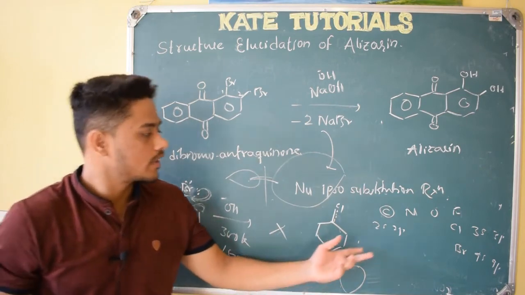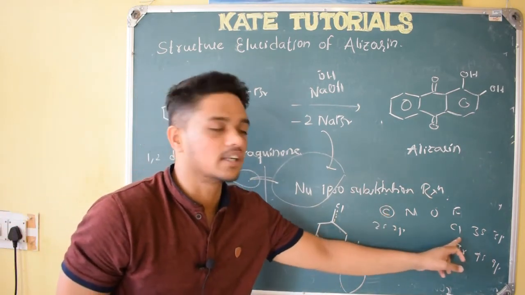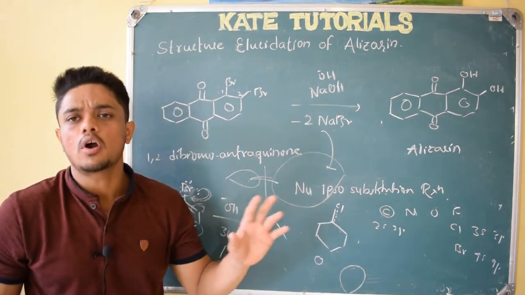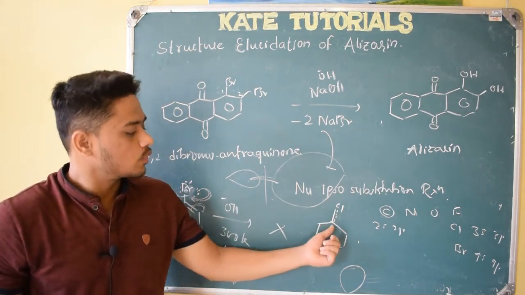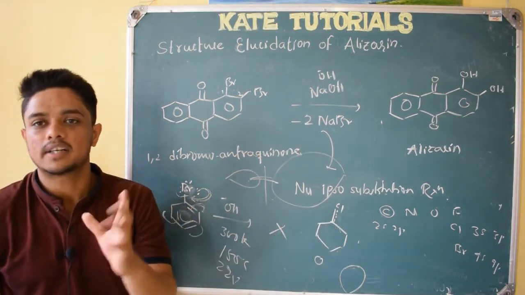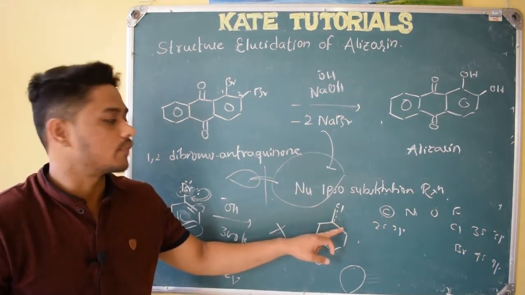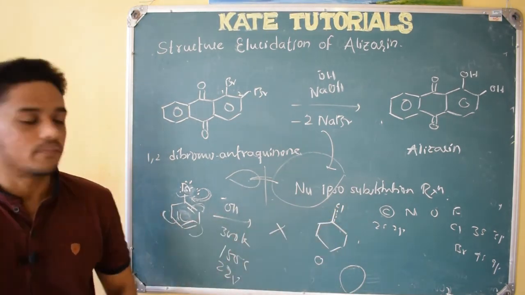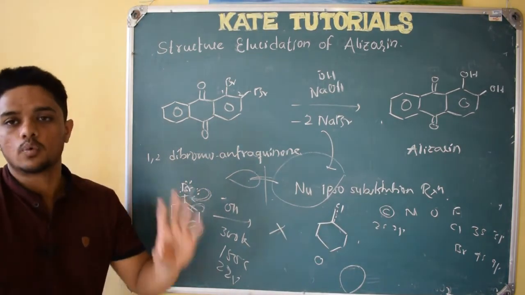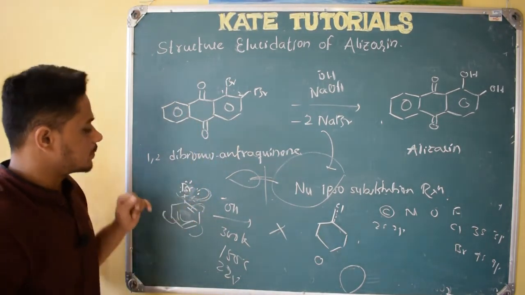For chlorine also it is the same thing: it is second period, this is third period. Here also overlapping will not be that good, but it can overlap, so it will have a little partial double bond. If its bond order is 1, it will have bond order 1.5 because of this resonance, whereas for bromine it will be near to 1 only, because of which this bond can be easily broken.